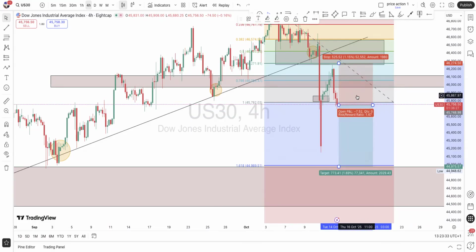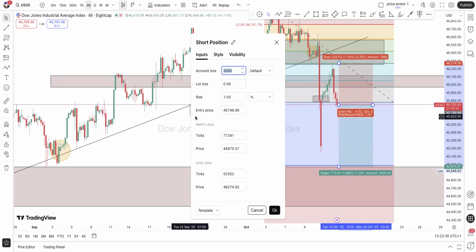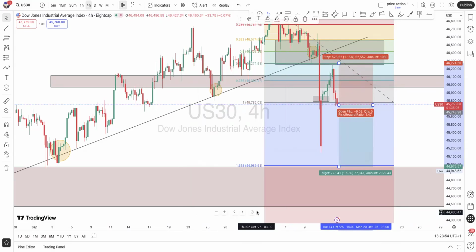So you can enter manually. This is the stop loss right here, and this is the take profit right here. If you're on my Telegram channel, you will see the signal. I'm going to drop the analysis and the signal on my Telegram channel so you can take advantage right now. Personally, I will be entering US30 right now.